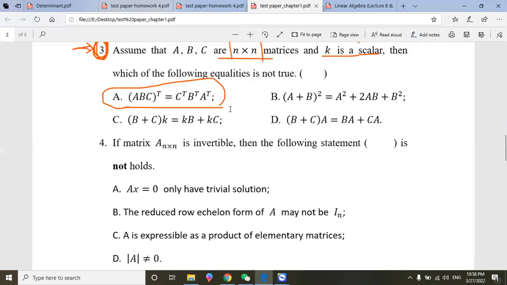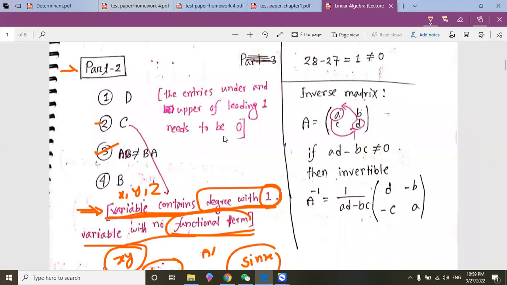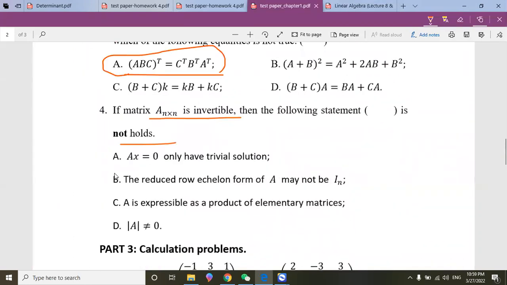So okay, if matrix A, n by n, is invertible, then the following statement does not hold. Okay, invertible. Number B: the reduced row echelon form of A may not be an identity matrix of n size. Invertible. Following statement. Okay, so let's see the